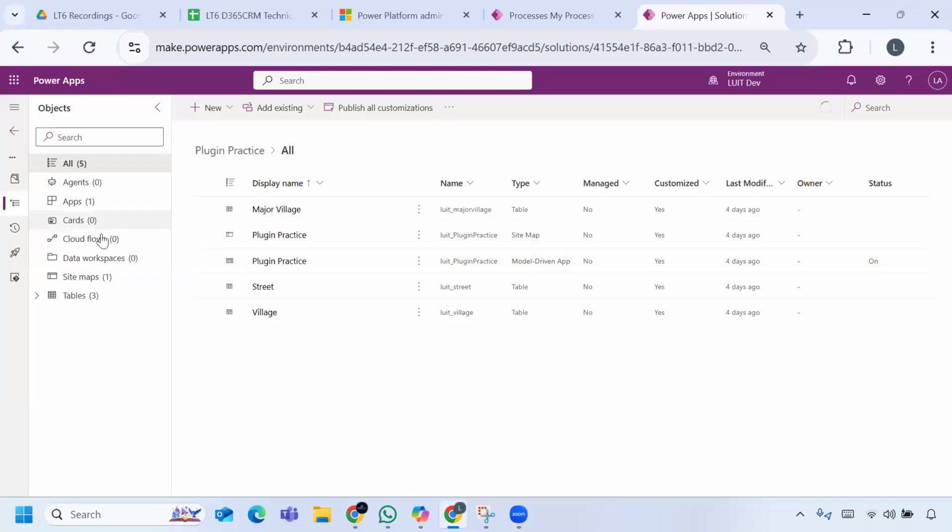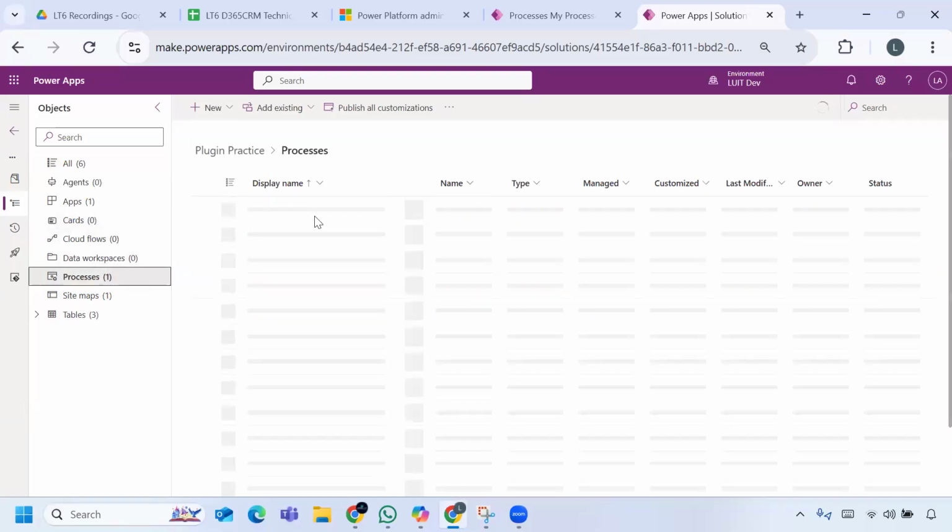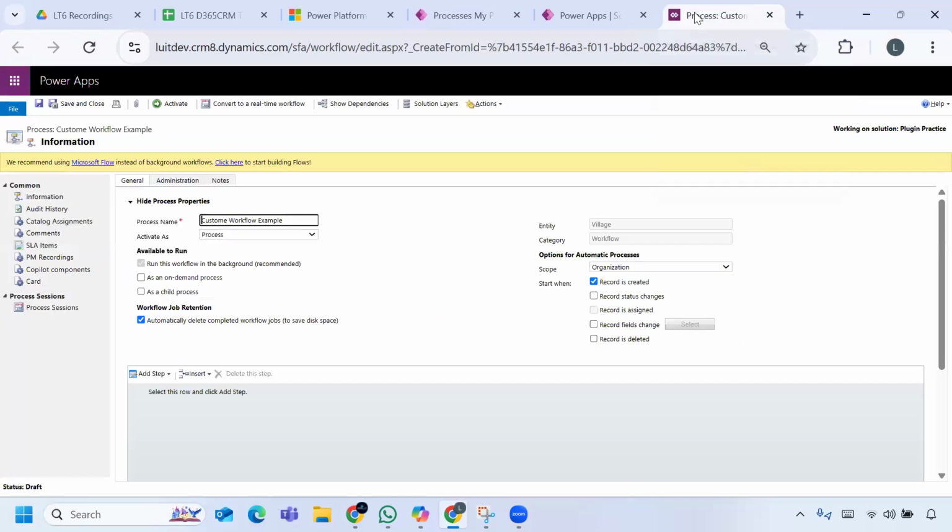Now, once you add it, expand this and open the process. So it will open like a separate tab instead of this narrow window. You can have it separate. Now, if you see here, what you are seeing within this out-of-the-box process or out-of-the-box workflow,